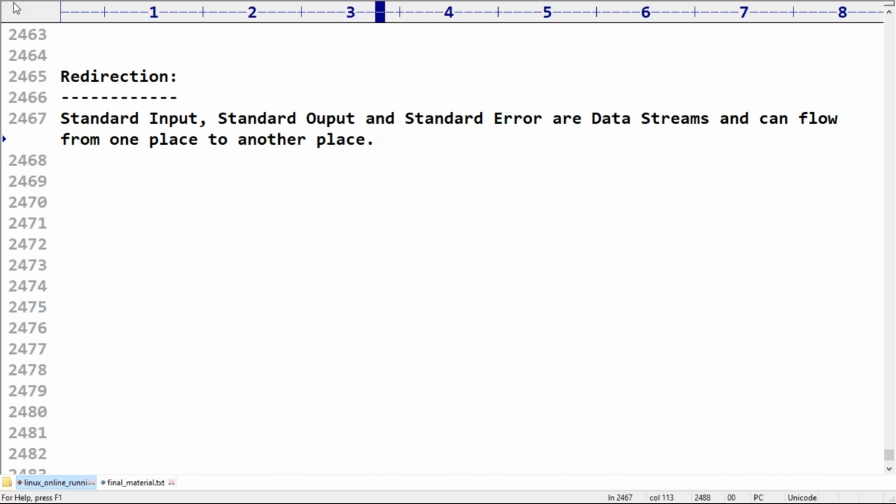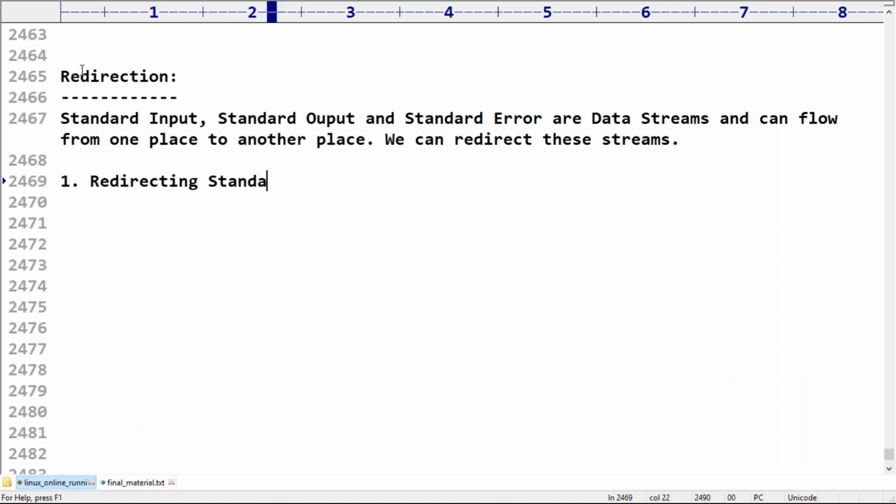That's why we can redirect these streams. Remember, we can redirect these data streams. Now I will discuss how you can redirect standard output, standard input and standard error, all of it. Let me start with the easiest thing,